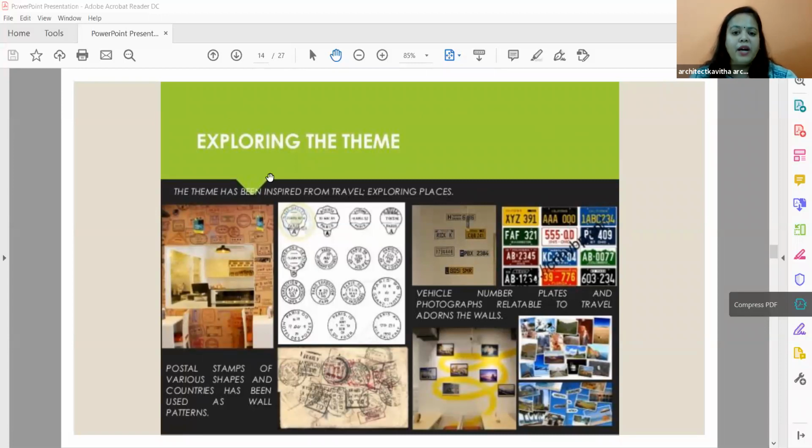If you want to give some arrows, or highlight some photos, you can change things in Photoshop also. In fact, you can make a project report in AutoCAD also. You can import your pictures, make a sheet, and make separate sheets, separate layouts. So you can use any software to do a project report, or you can do it manually also. It is not necessary to have a computer. You can take an A3 size paper, stick your pictures on it, make a file and submit. Even that is good enough when you're doing a case study.